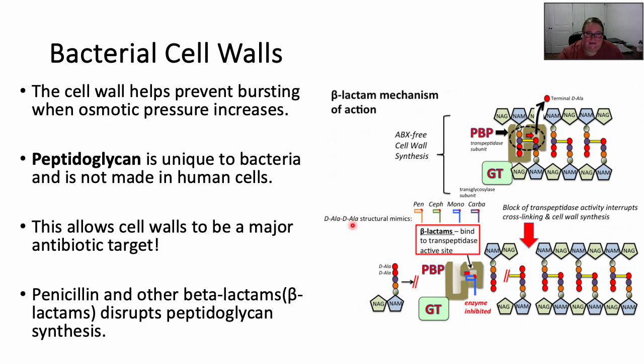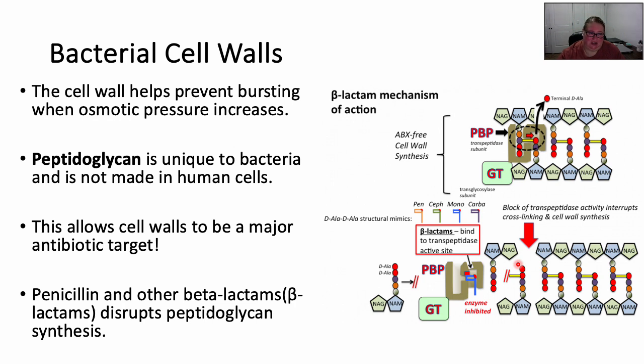So what penicillin does is it comes and it binds to the place on the enzyme where it normally binds that D-alanine. So it's going to bind here, and when it binds to the transpeptidase, this enzyme, it's effectively going to turn the enzyme off. And then that linkage can't be made, which makes the cell wall weaker, makes the cell more susceptible